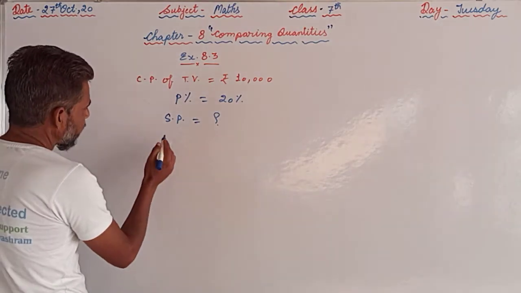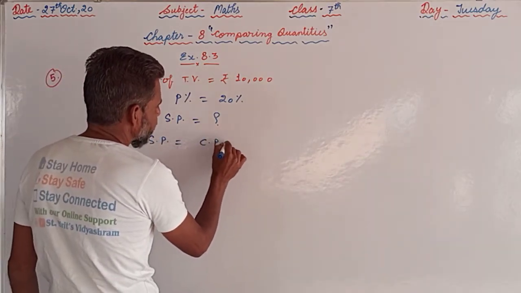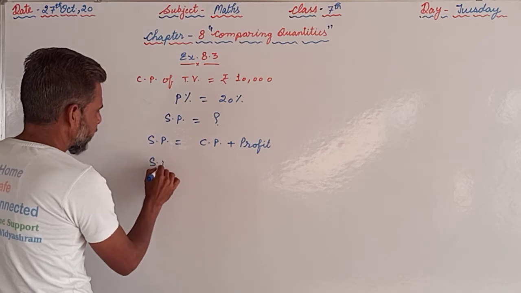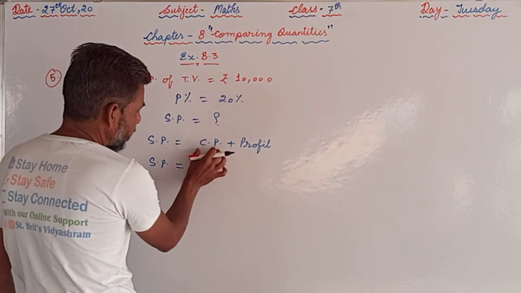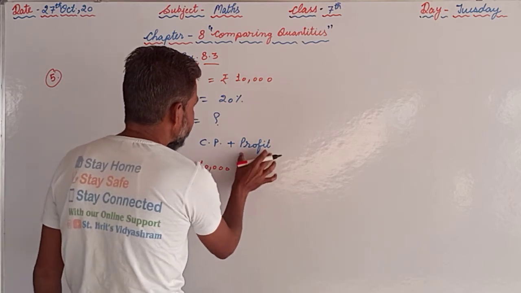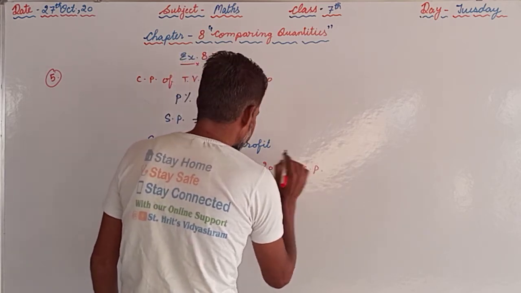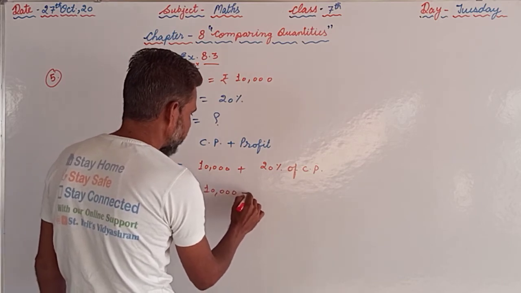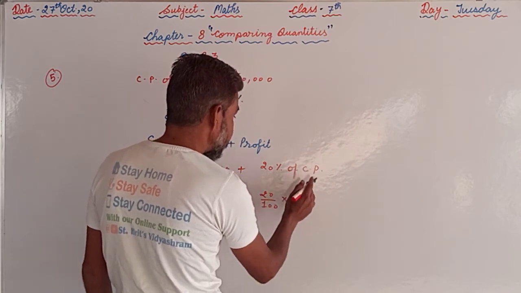So, the selling price will be the cost price plus profit, because here there is a profit. So SP will be equal to CP, CP is 10,000, plus profit, profit is 20%. 20% of what? 20% of CP. So the SP we have to calculate: that is 10,000 plus 20% of CP, meaning 20 upon 100 into CP, CP that is